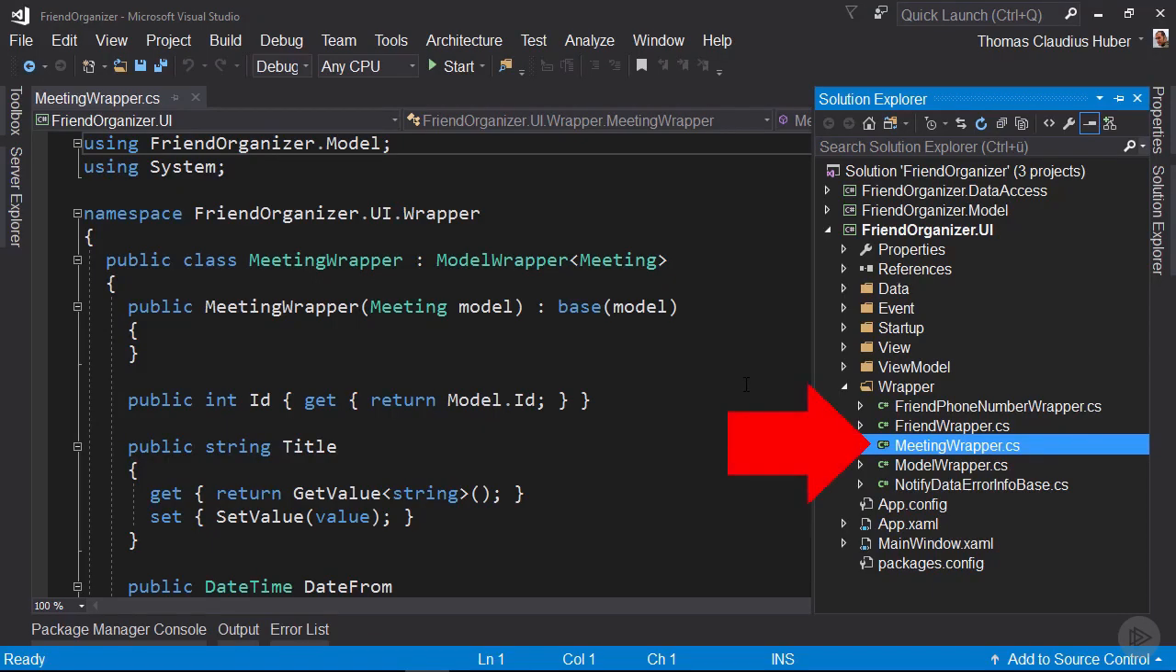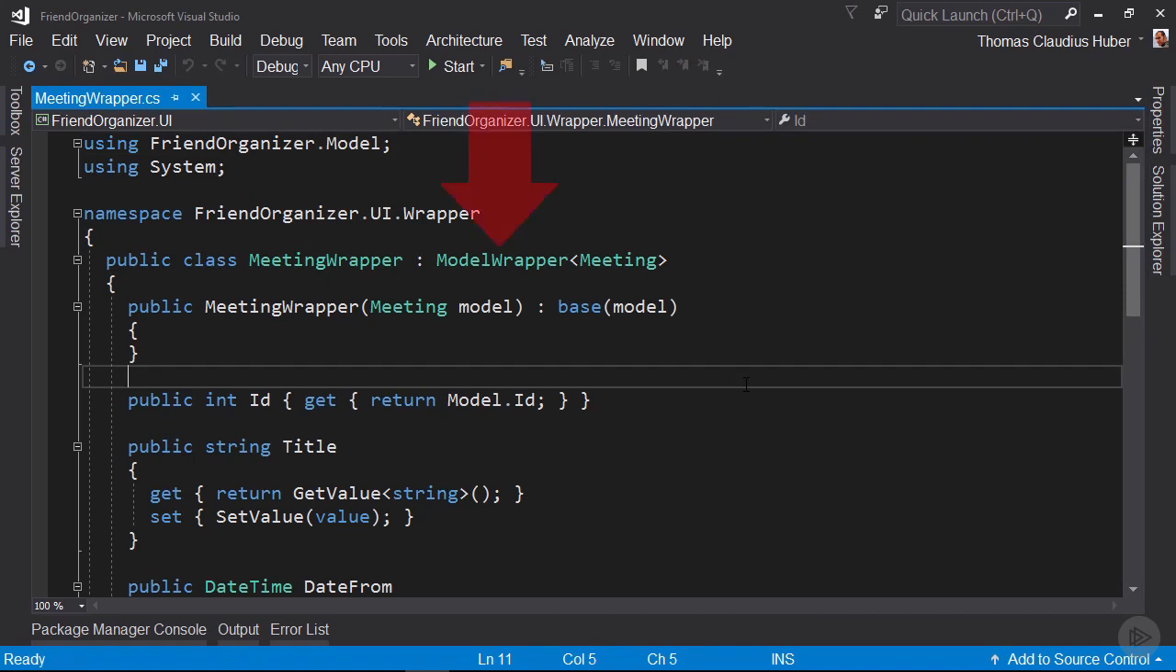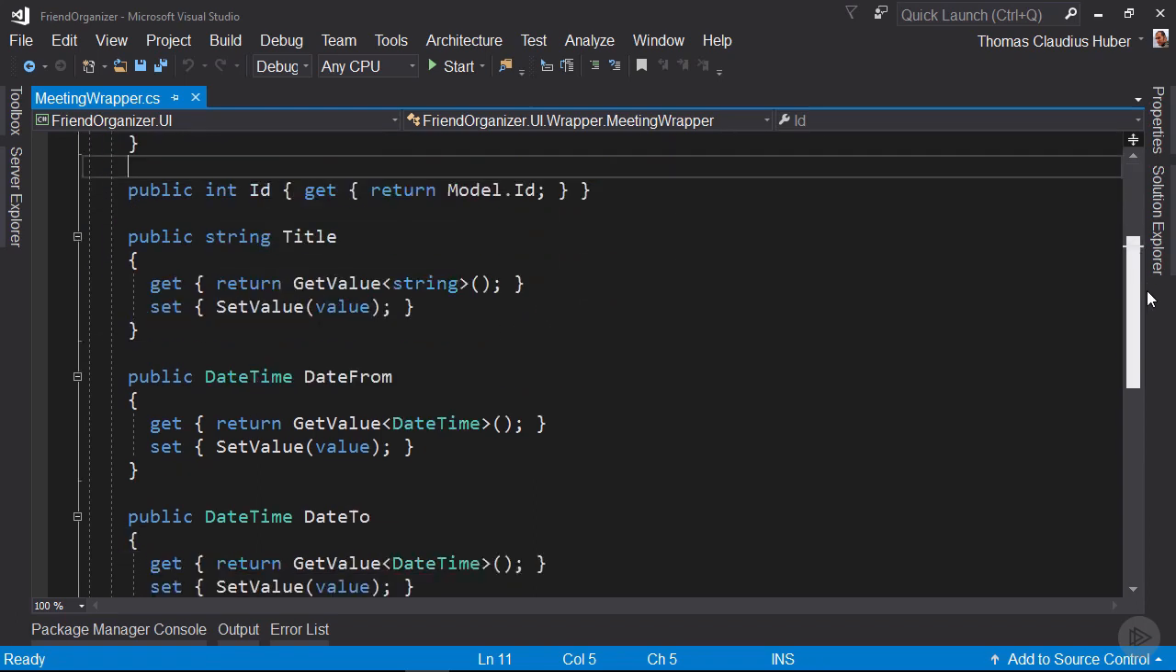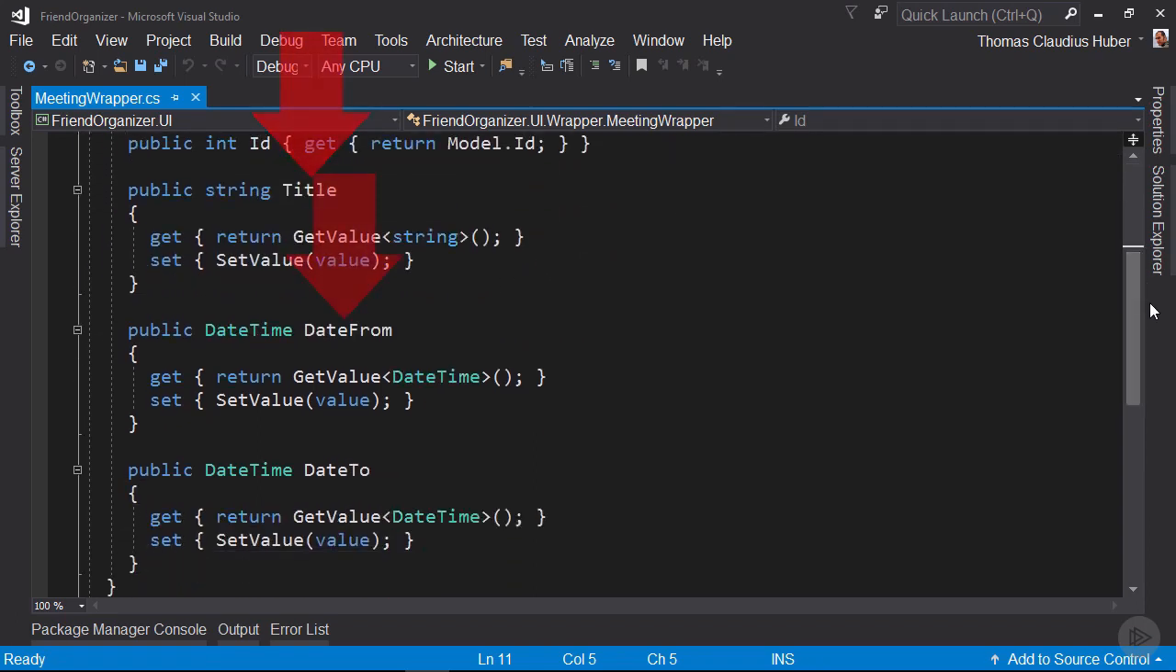In the wrapper folder of the Friend Organizer UI project, I have already created this MeetingWrapper class. As you can see, this class inherits from ModelWrapper of Meeting. It has an ID property that returns the ID of the underlying model. And then it contains the three properties Title, DateFrom, and DateTo, like they are specified also on the